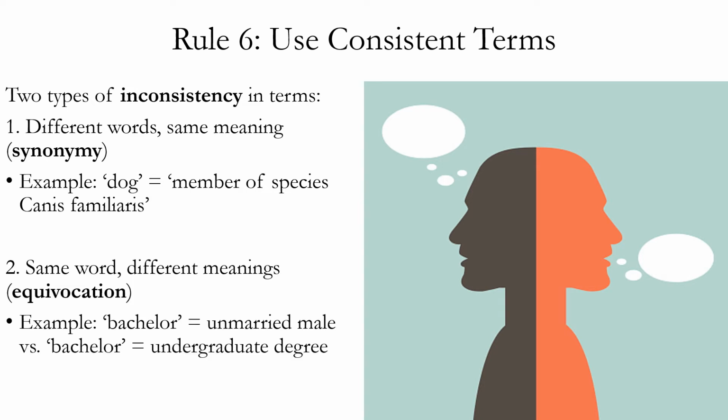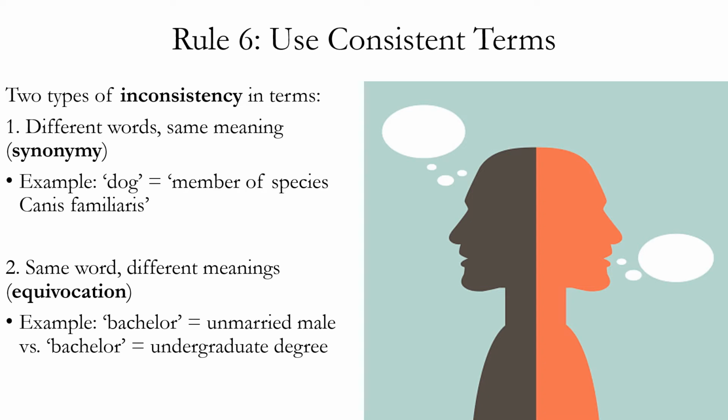A second type of inconsistency, called equivocation, is using the same word or phrases with different meanings. This one does create a logical gap in your argument. So in that sense, it's more serious because it can make it seem as if there's a logical connection between the premises or between the premises and the conclusion, even though there isn't really one. When we see the same words or phrases in these different sentences, we could think they're logically connected when they're not.